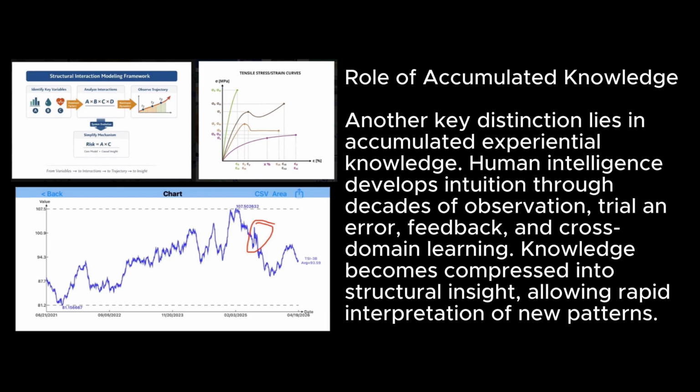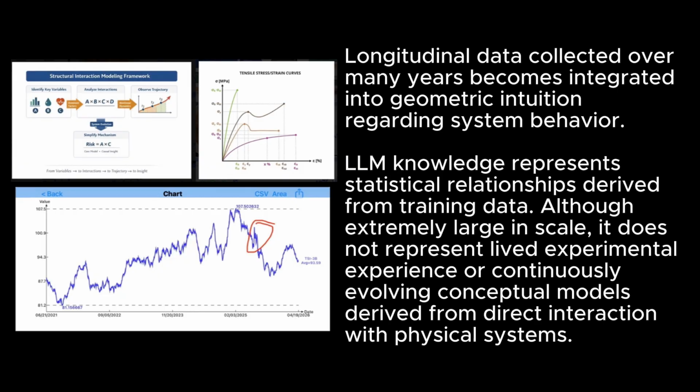Role of accumulated knowledge. Another key distinction lies in accumulated experiential knowledge. Human intelligence develops intuition through decades of observation, trial and error, feedback, and cross-domain learning. Knowledge becomes compressed into structural insight, allowing rapid interpretation of new patterns. Longitudinal data collected over many years becomes integrated into geometric intuition regarding system behavior. LLM knowledge represents statistical relationships derived from training data. Although extremely large in scale, it does not represent lived experimental experience or continuously evolving conceptual models derived from direct